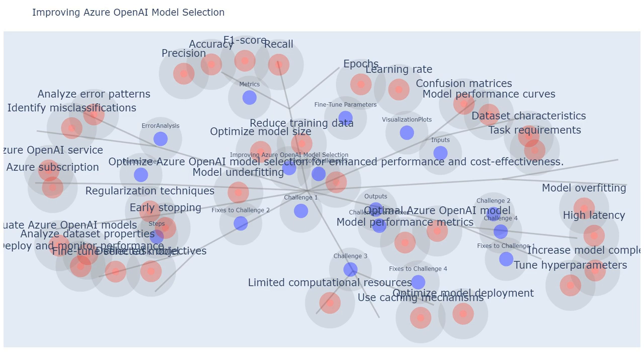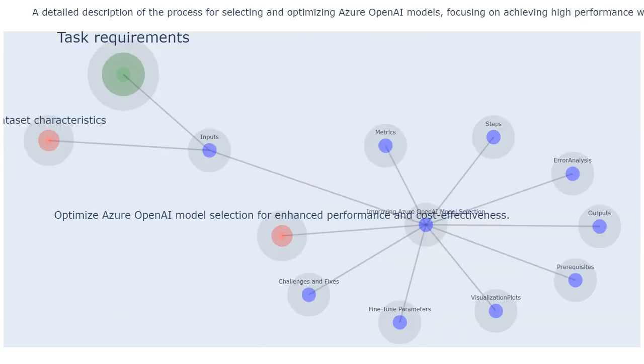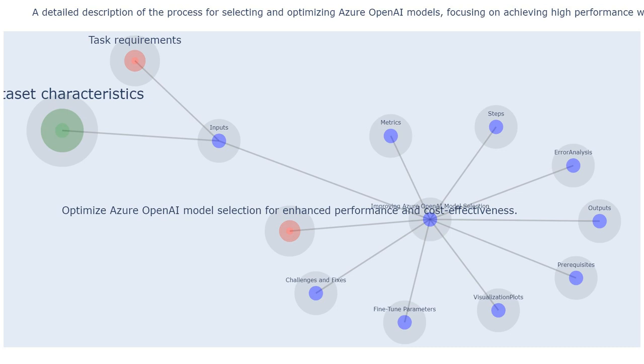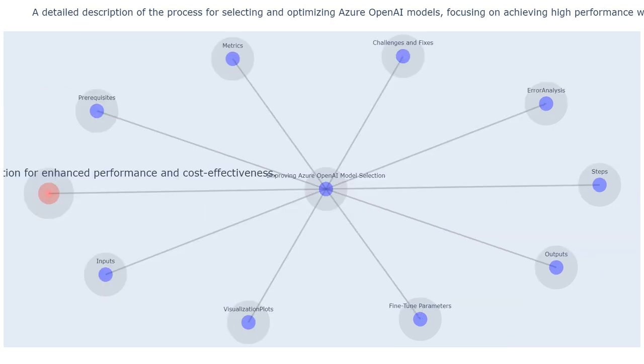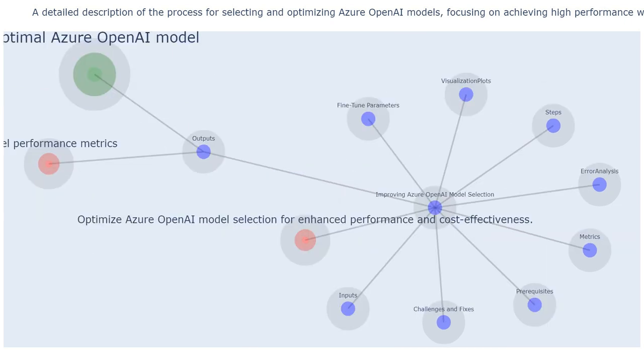A detailed description of the process for selecting and optimizing Azure OpenAI models, focusing on achieving high performance while maintaining cost efficiency. Inputs. The specific requirements of the task that the OpenAI model is intended to perform, such as text generation, translation, or question answering. Detailed characteristics of the dataset used for training and evaluating the model, including its size, structure, and the distribution of data points. Outputs. The best suited Azure OpenAI model for the given task and dataset based on factors like accuracy,